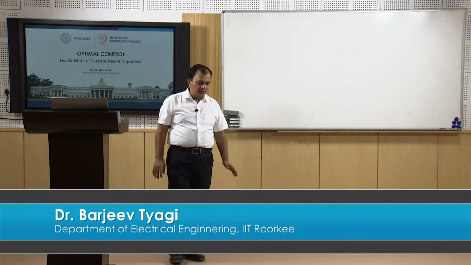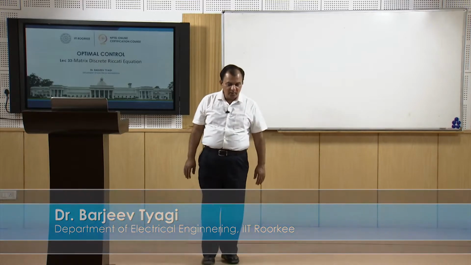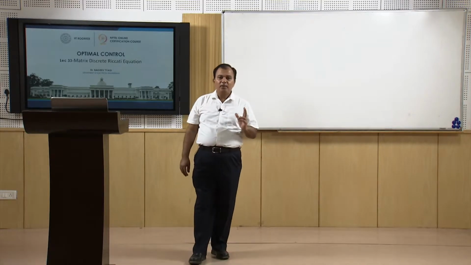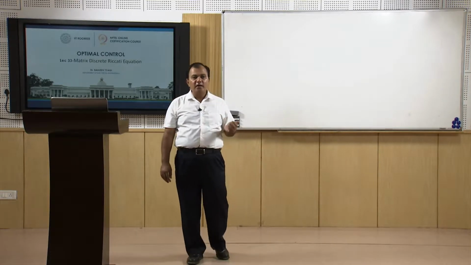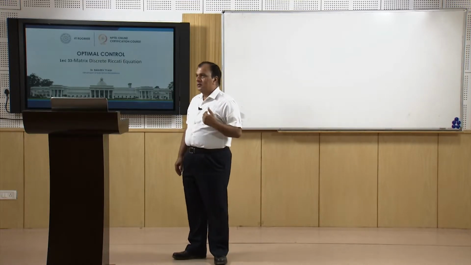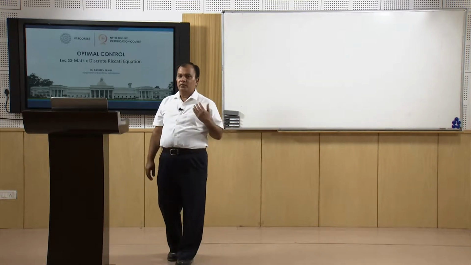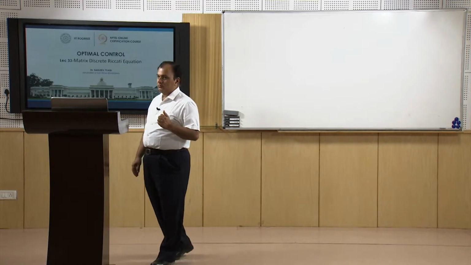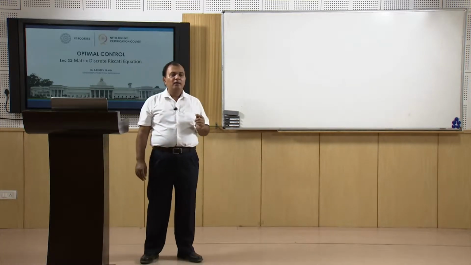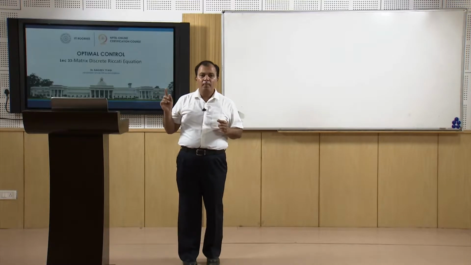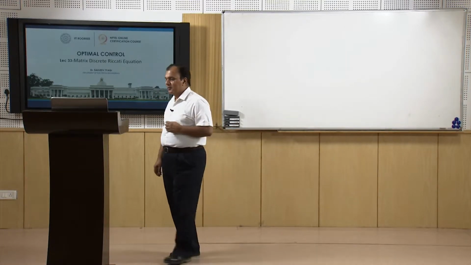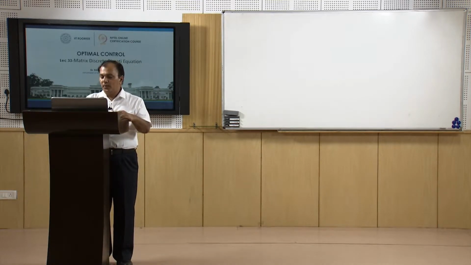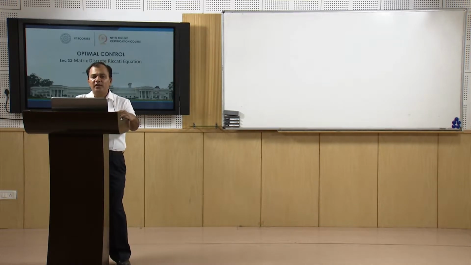In the previous class we discussed the optimal control of the discrete time system, and we took the case of a linear time varying system. Using the Hamiltonian approach, we developed the optimal control, which is nothing but minus R inverse B prime lambda k plus 1, and once we derive the u, we are led to the matrix difference Riccati equation,